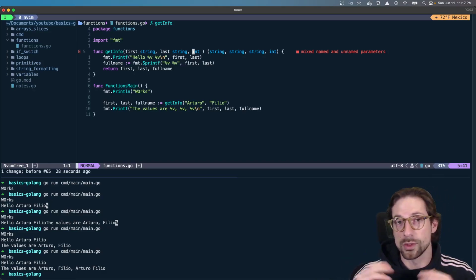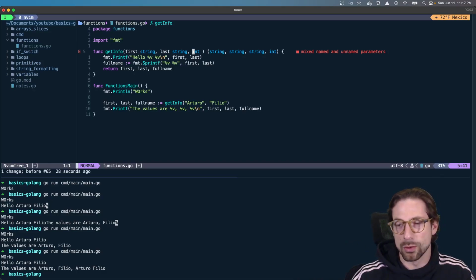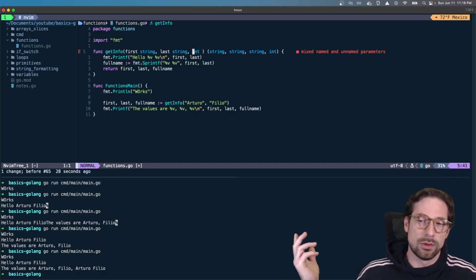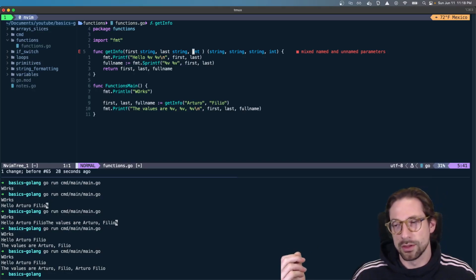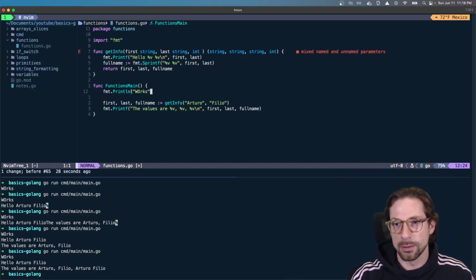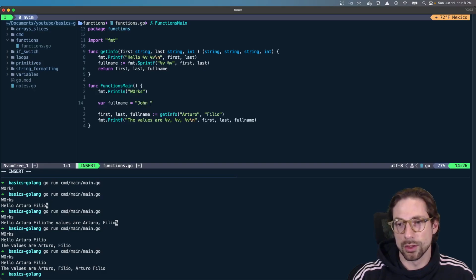You can call functions within functions. Obviously, each function is going to have its own scope. So, just like in JavaScript or any programming language, to be honest, except for, well, I don't know if in functional it changes a little bit, but my point is that if you declare a variable, let's say here, I'm going to say var full name equals John Doe,